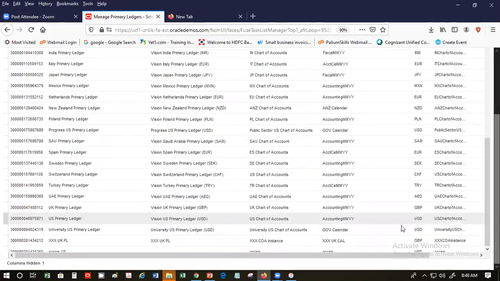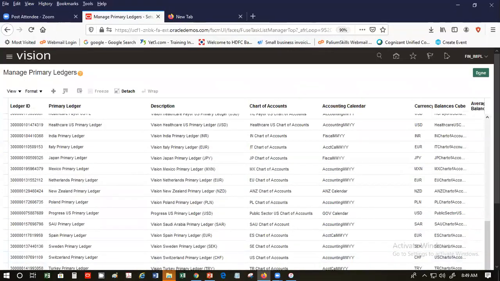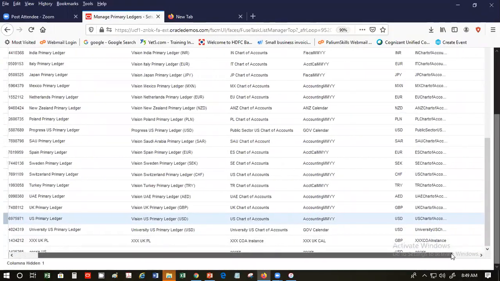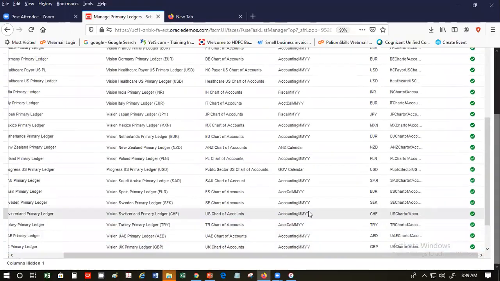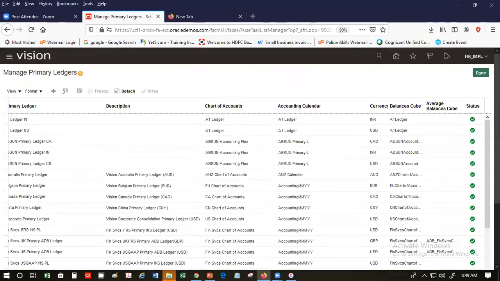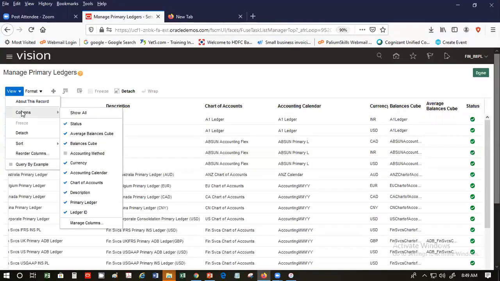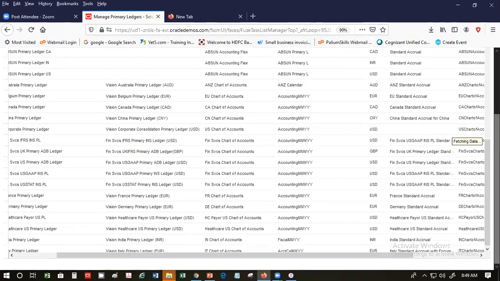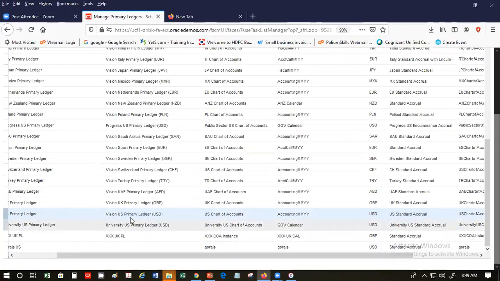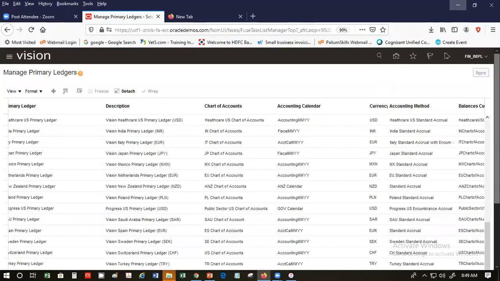So if you see the US primary ledger, the accounting method, we can see it here, which is the US standard accrual for the US. Now, when we go to the accounting method,